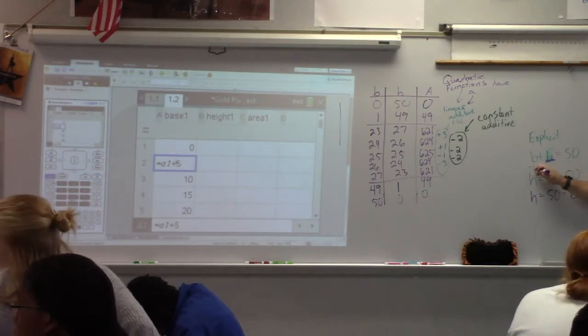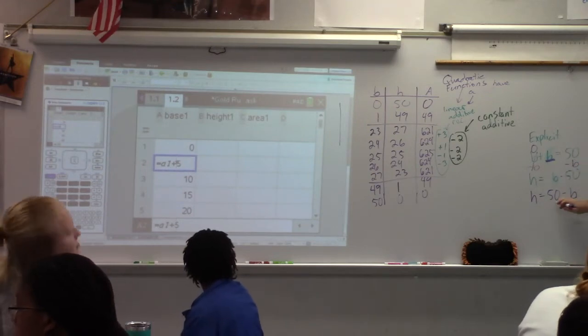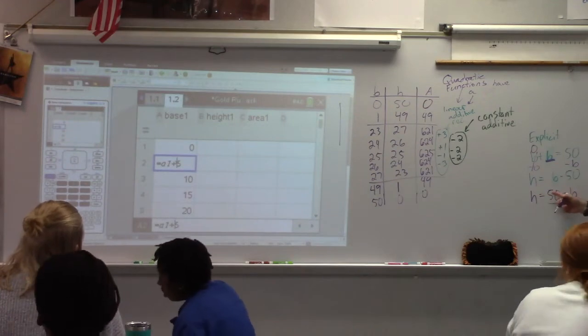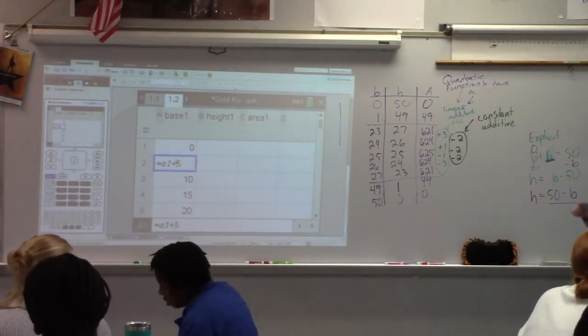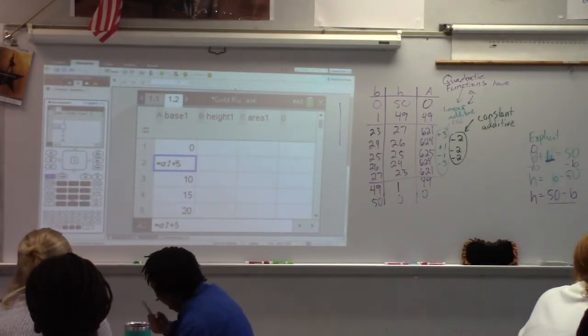Oh, if I subtract b from here, b minus b is 0. Subtract b here, and I'm left with 50 minus b. So the height is equal to 50 minus whatever the base is. And so this is where you can actually go into the gray cells where it says equals. So if I come up here,